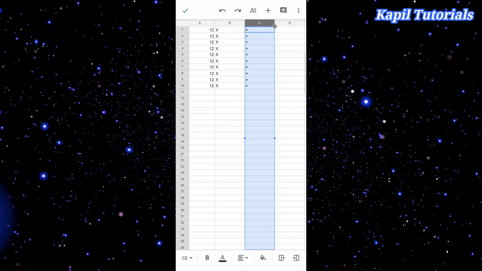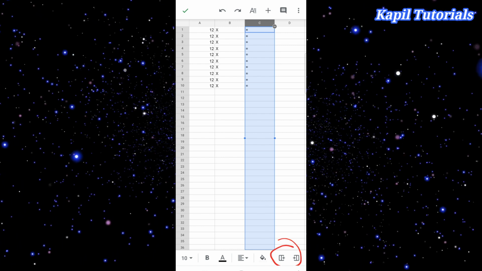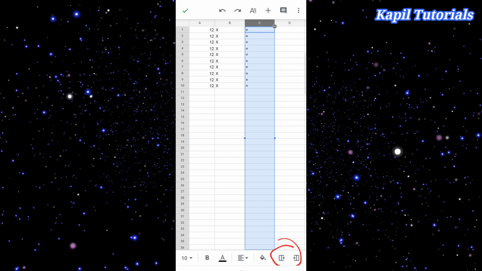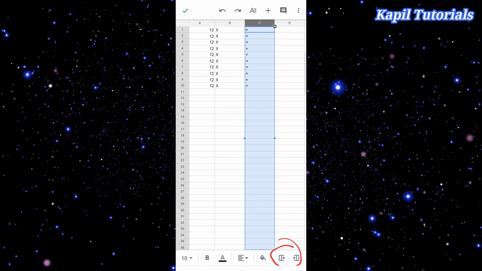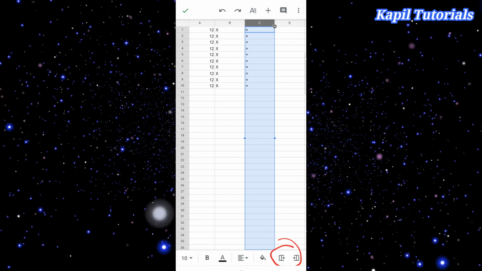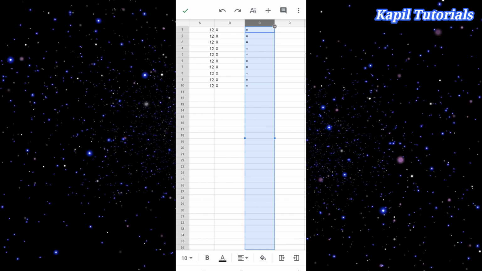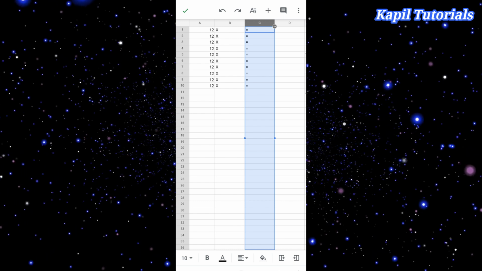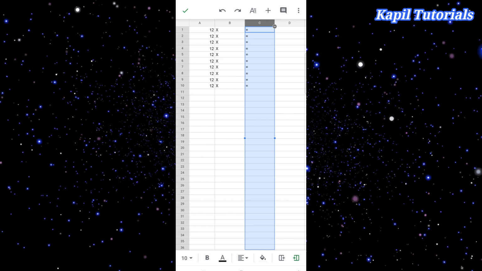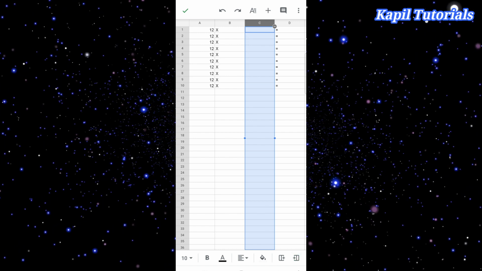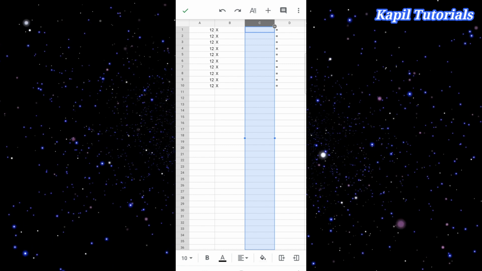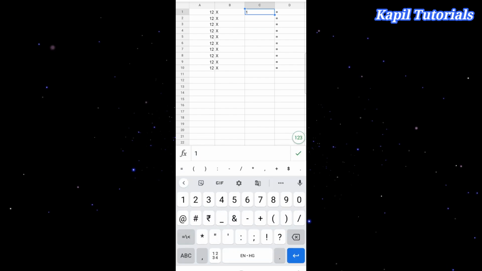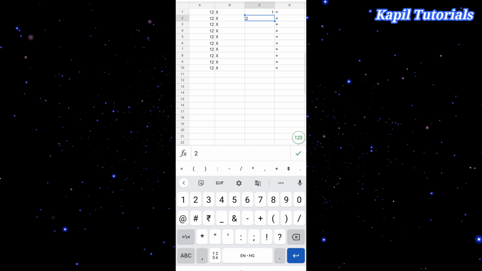You could see here two options are there at the bottom. Now this selected column, I want to shift to the right side, so that one empty column is in between. So I can click on this option, which means whichever column has been selected will shift towards the right side. I click on this. As a result, you could see one empty column in between. So here I'll write one, just for making the table, and then here I'll write 2.